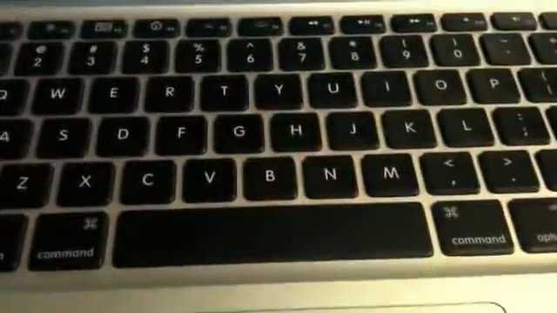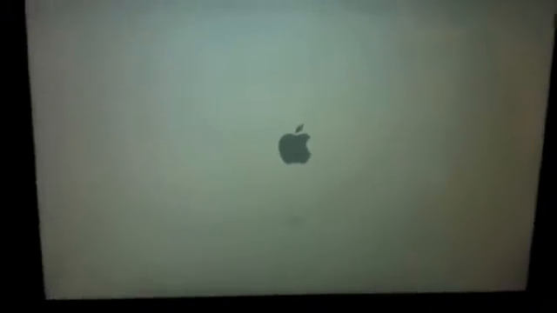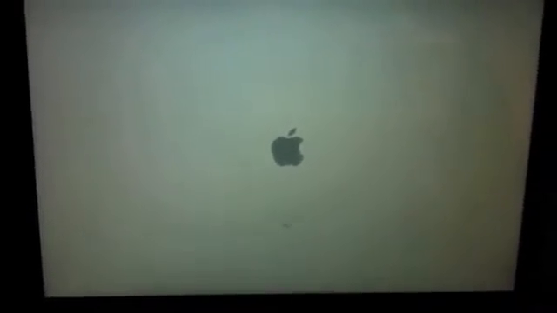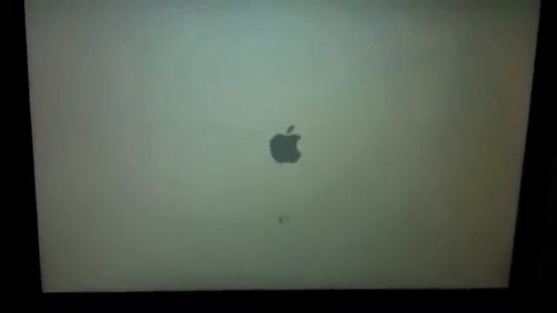You'll see the globe blinking in the center. And what we're looking for is a secondary spinning globe or spinning wheel. There we go. As soon as I see that little globe spinning, then you can release the N key. The next step is to allow the Deploy Studio portion to start. That'll come up on the screen, and we'll begin by selecting what kind of image we want to put on